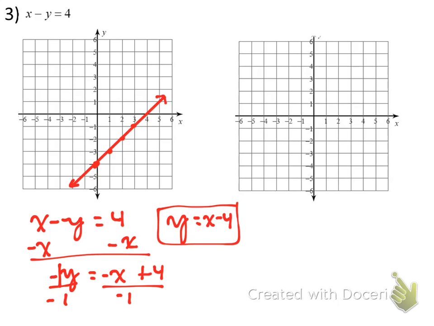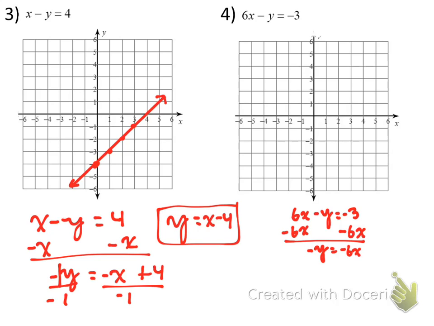Okay, number 4. Number 4, I want you to tell me what the equation is first before you go for it. Ready? Go. Same thing as number 3. A little 6x minus y is equal to negative 3. First thing you want to do is subtract 6x from both sides. So we got negative y is equal to negative 6x minus 3. Then you divide both sides by negative 1, right? Because there's like a 1 over here. So it's going to be y is equal to